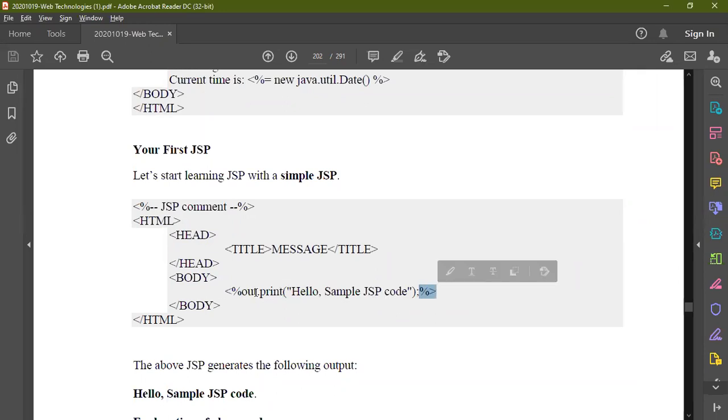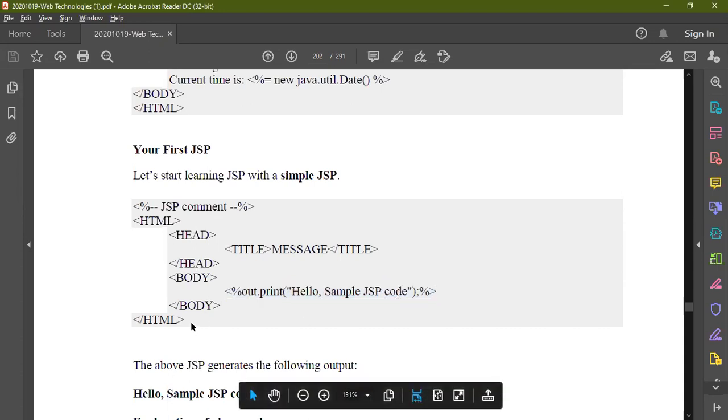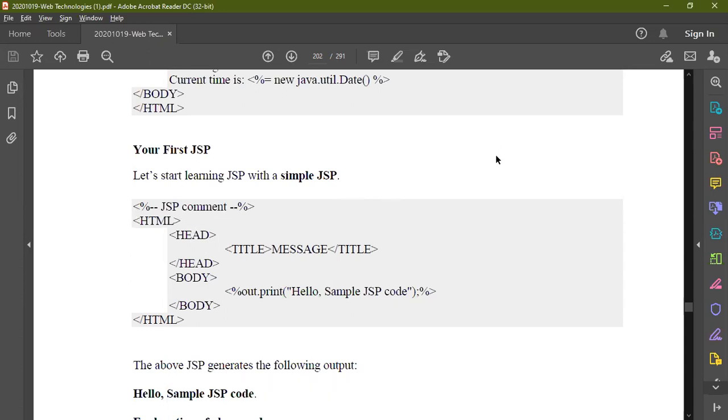So this is what you are going to do, so that this Java code will be executed in this file. Whereas if you save this as .html, it will show you an error. I mean, it will not show you the appropriate output. This statement will not be executed. Instead, you write this program and save it as .jsp. For example, if my file name is hello, then I should save it as hello.jsp instead of hello.html.